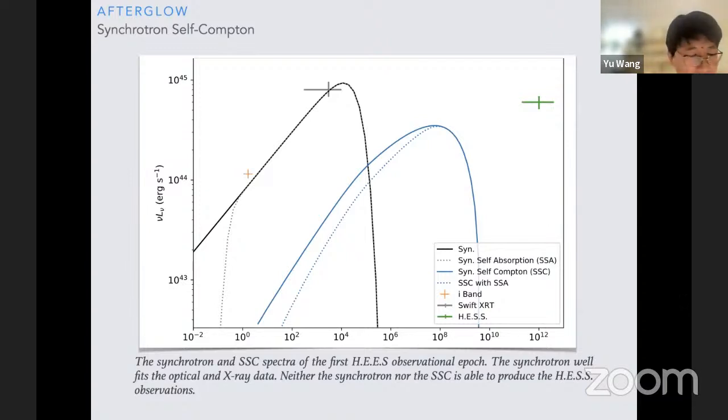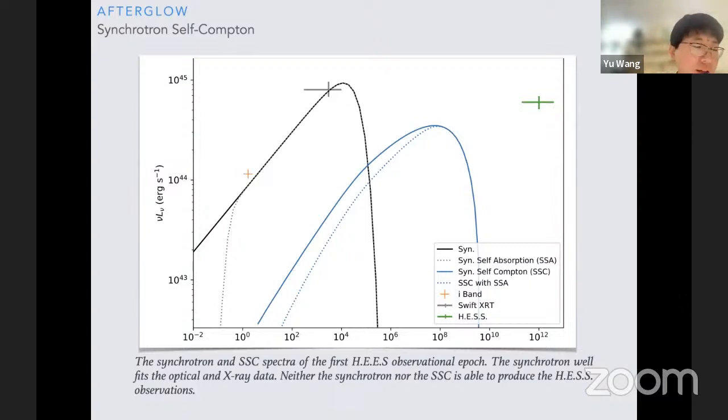That is, the upscaling of the inverse Compton increases the energy of the photons by a factor that equals the square of the electrons' Lorentz factor. Therefore, the spectrum on the right side has a similar shape to the synchrotron spectrum on the left side, but still the synchrotron self-Compton emission cannot explain the H.E.S.S. observation, because we can